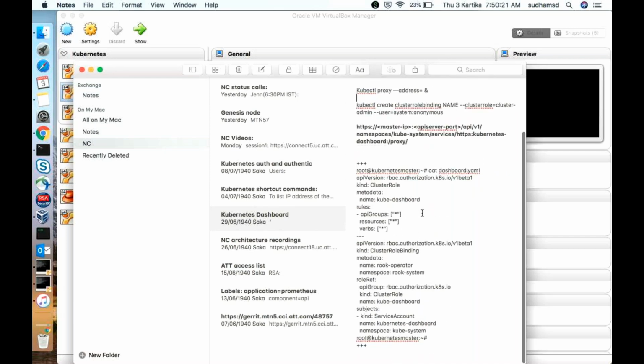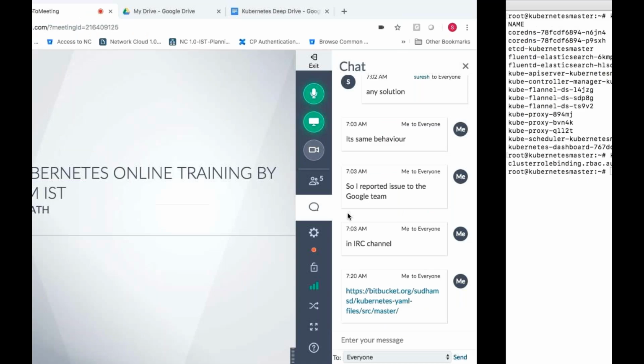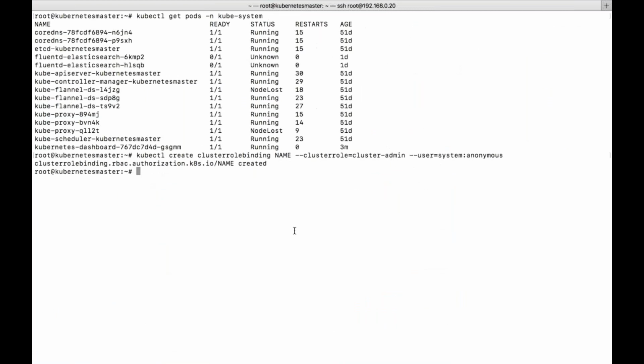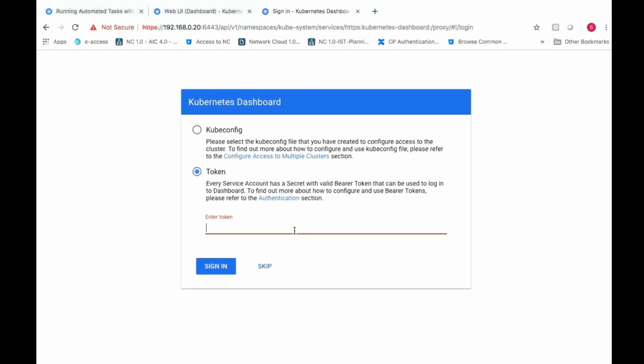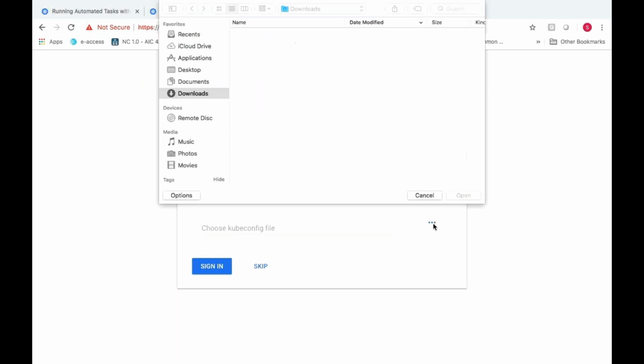Role binding. Or else I can give config, but for that way I need to have permissions.